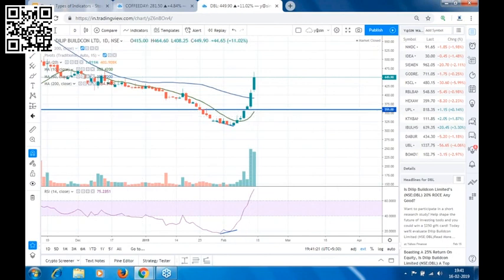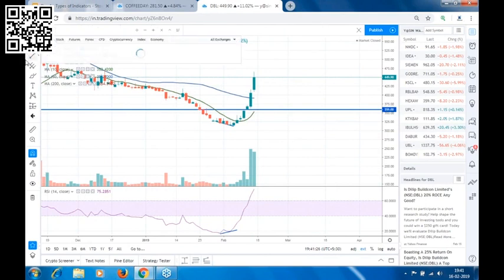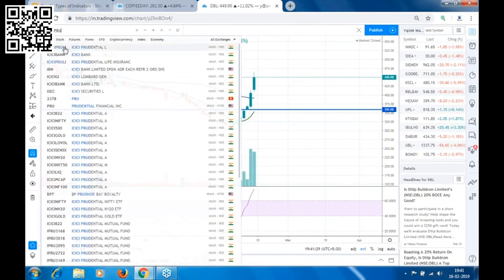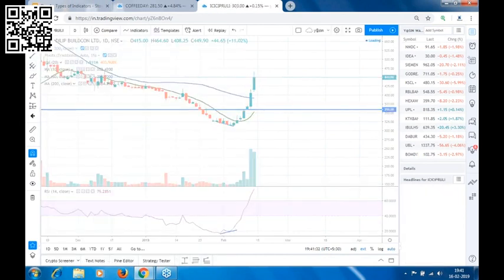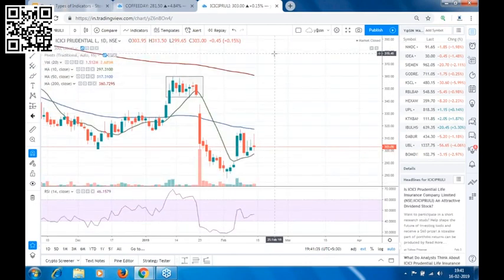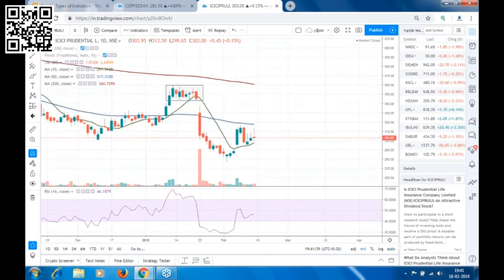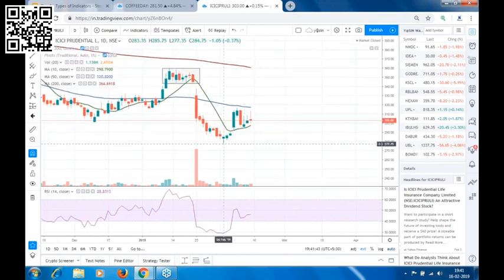Though sometimes we also consider the candles, like the one we gave ICICI Pru. If you see ICICI Pru, that also gave a good rally. Now see, here we saw a candle formation. The stock was in a downtrend. We didn't wait for it to cross this 10 moving average, because once it crossed the 10 moving average, you can see the rally in the stock in no time, in 2 days. From 290 it went up till 317.